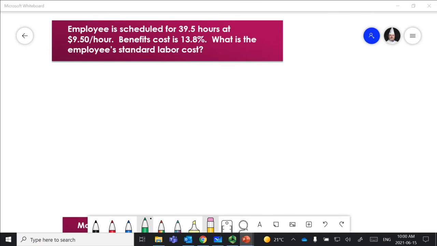So here's an example. An employee is scheduled for 39.5 hours at $9.50 per hour. Benefits cost is 13.8%. And what is the employee's standard labor cost? So we don't have to worry about overtime, because whether you're in Canada or anywhere, 39.5 hours is not overtime, right? So we can figure out their preliminary cost of 39.5 hours times $9.50 per hour, which gives us a preliminary cost of